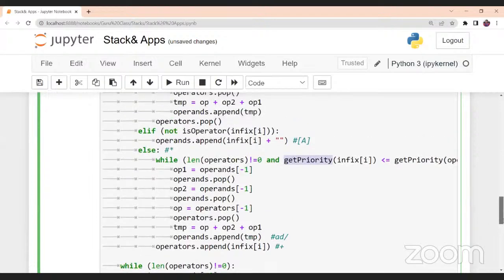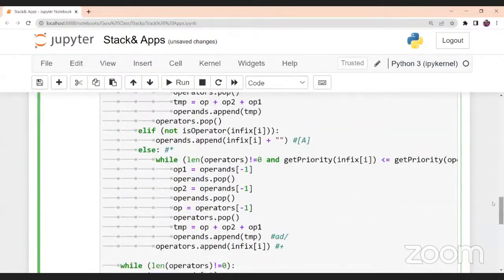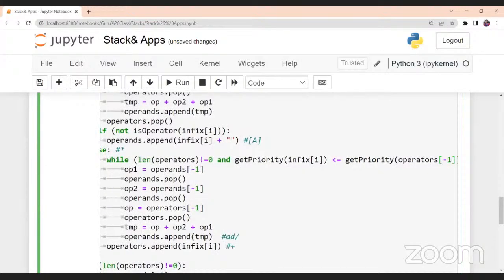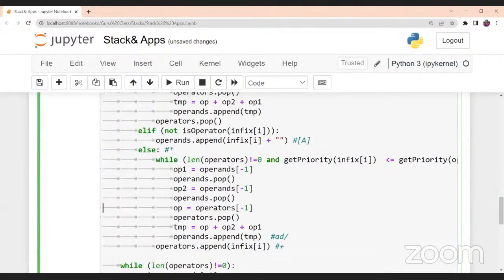So that's how it will get the priority. If get priority is called, it will go here, and then it will get the priority of 2, and then it will come down, and then it will check the priority of the operators of -1. So is there any value inside that particular operators thing? No, right? So there is no value it is going to check on. So here it will be 2, and then it will be 0. So now what is the priority? Of course, this 2 is going to have the highest priority. So now it will work on this.